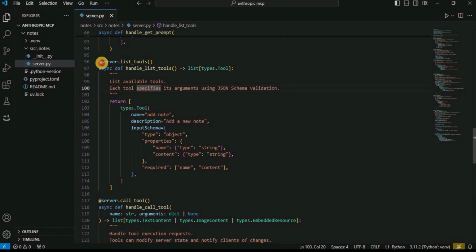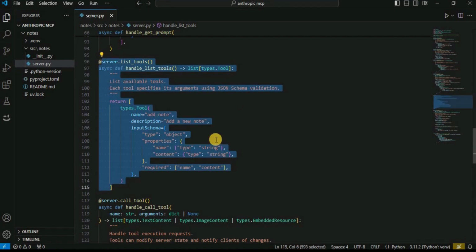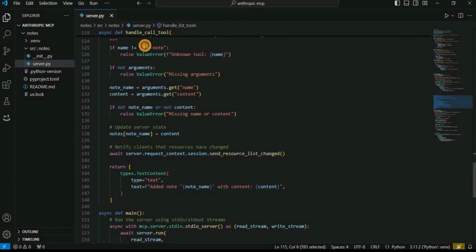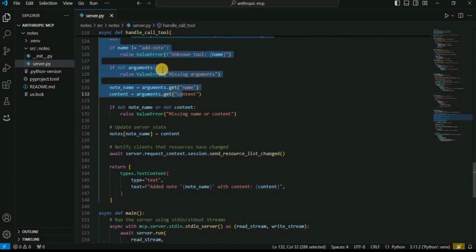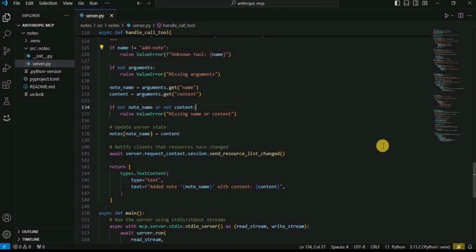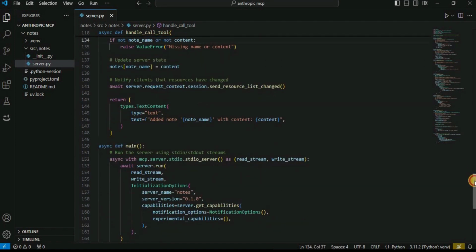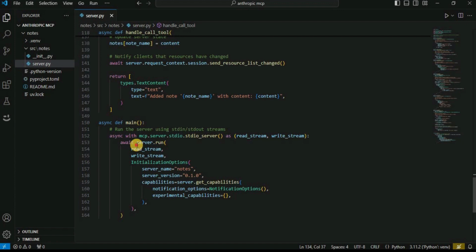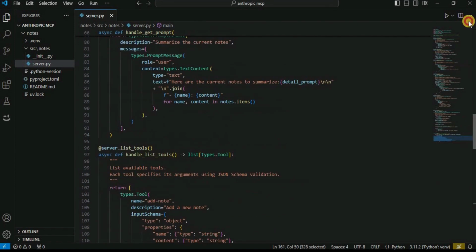And this is actually the function which is going to attach our server to the Claude desktop application. And then in order to call the tools, we have a function called call tools, which will find our tool and is going to call it according to the requirement. And then inside the main, we are simply going to run our server by passing a read stream, a write stream, and certain initialization options.